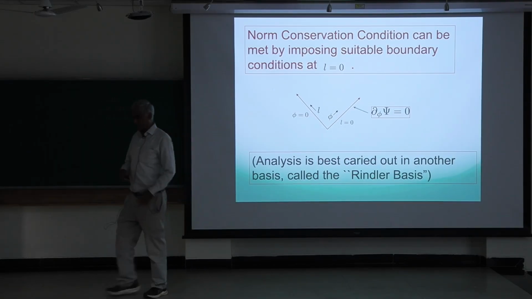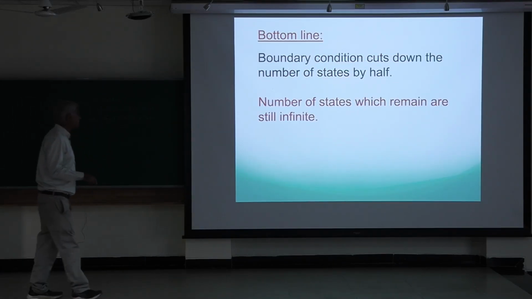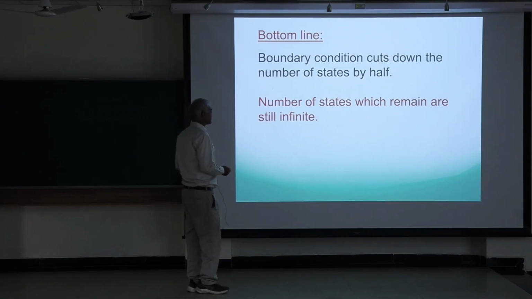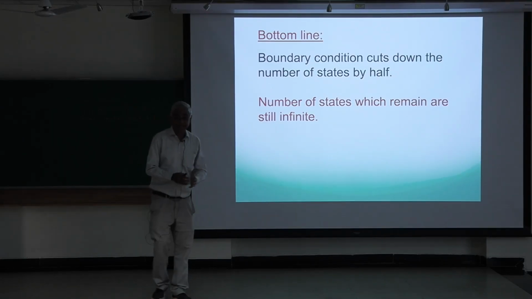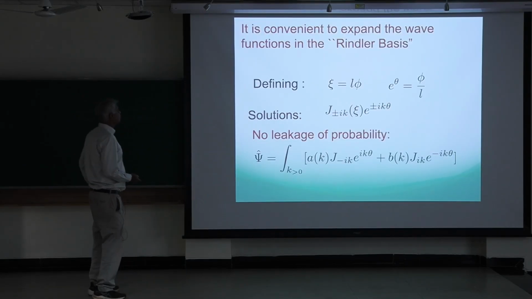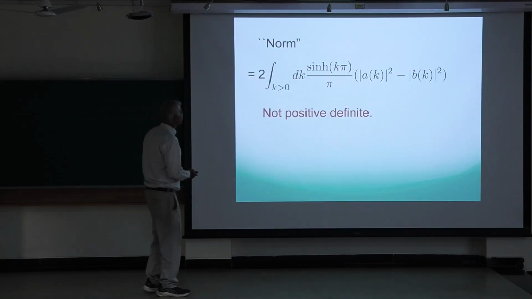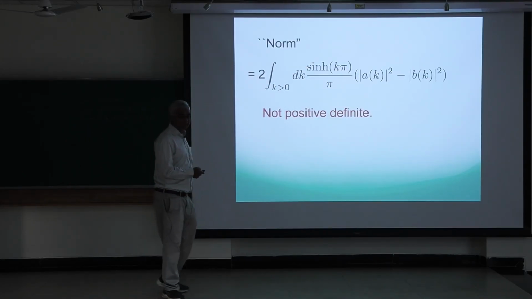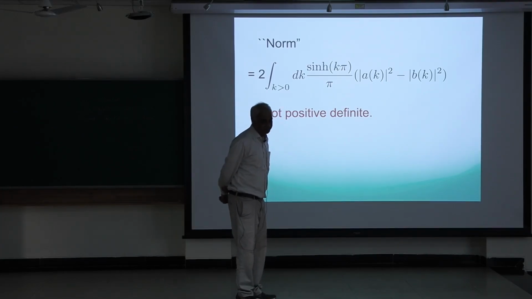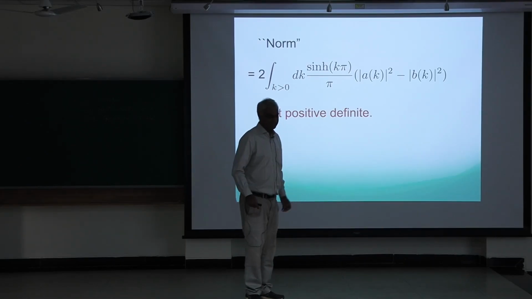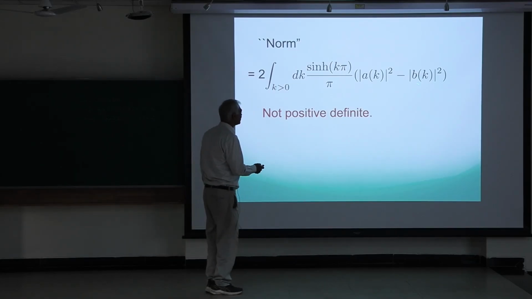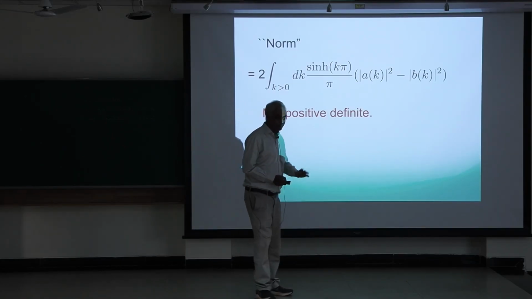Okay, so now at this point you can say, I understand the theory. The boundary conditions cut down all physical states by half, but you still are left with an infinite number. You began with m taking an infinite set of values, you're left with an infinite number even after this cut down. Now I'm going to go a bit fast. m takes all the values, I should have said that, minus infinity to infinity. So you're including both branches actually in this. Sorry, it's not quite a norm, it's more a Klein-Gordon-like norm, as in it can take a positive value or a negative one.